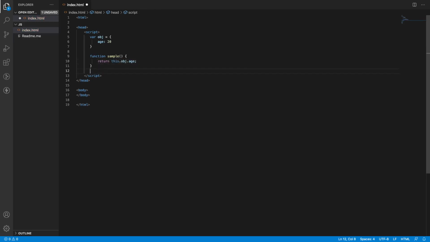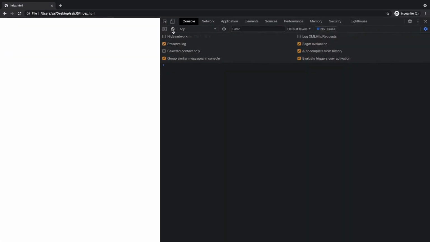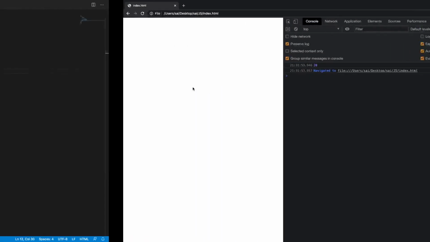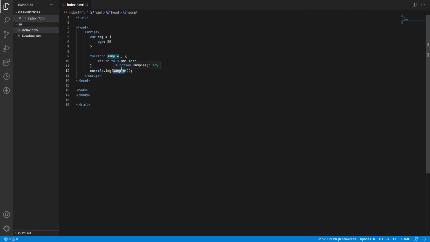So I want to print this, console.log of sample. I have called that method inside the sample. Save it and go back, clear the console, reload my application. You can see 20. So it is calling my sample method and then it is returning obj.age.